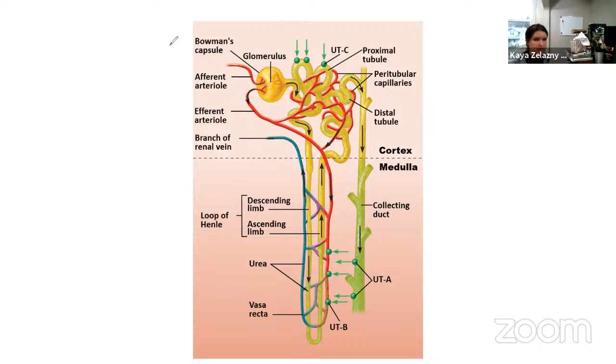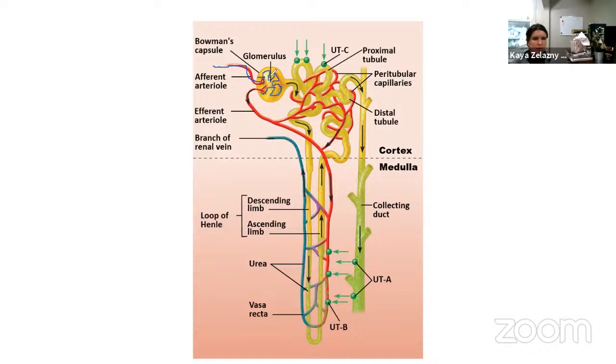This is a picture from last time. So just a reminder of how blood flow is going through here, because that's what we're going to be talking about at the beginning of today. So we have our afferent arteriole coming in. It gives way to the glomerular capillaries, right? So the glomerular capillaries have